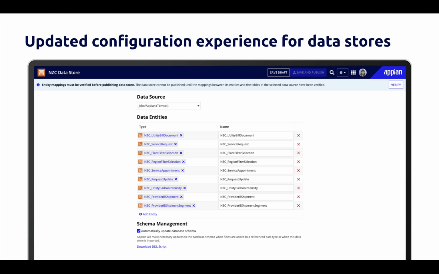We have also updated the data store object to have a more modern look and feel. When you create or edit a data store object, you'll see a refreshed interface that's more intuitive to use. By this point, I hope you are as excited as I am for these amazing Data Fabric additions in 24.4.